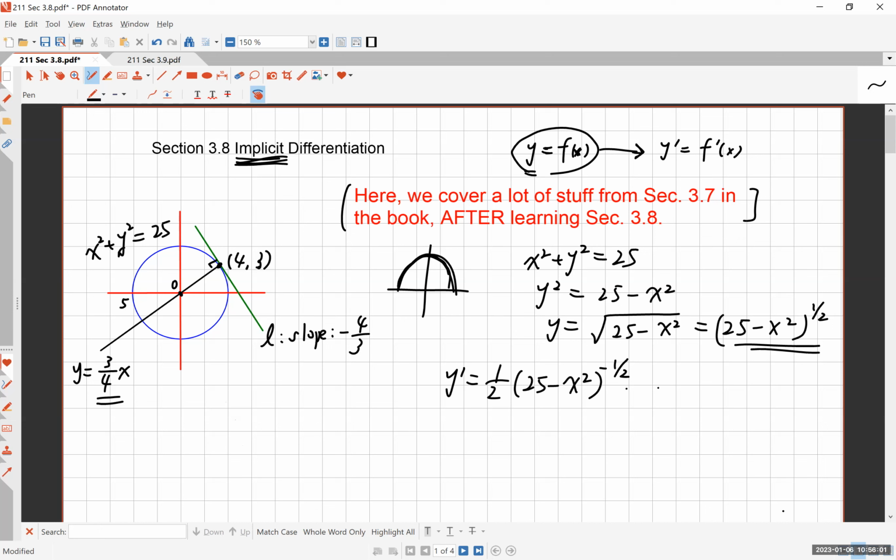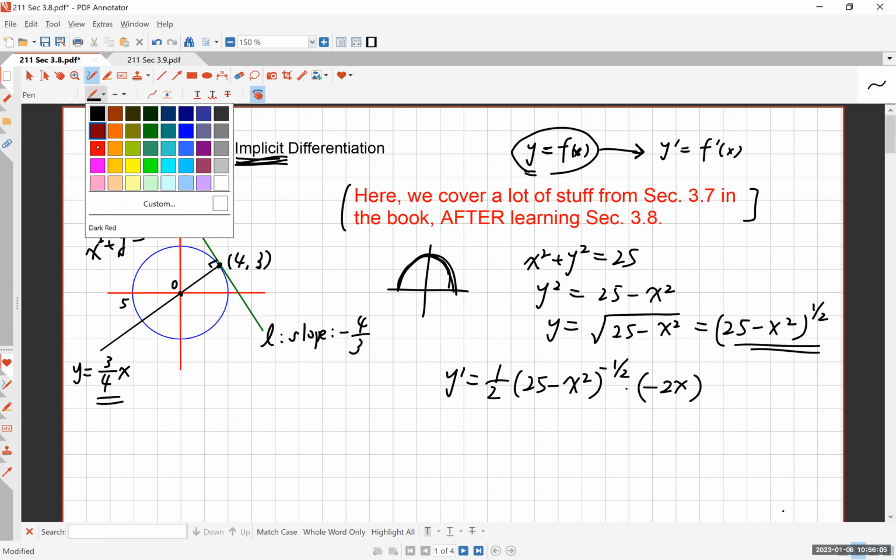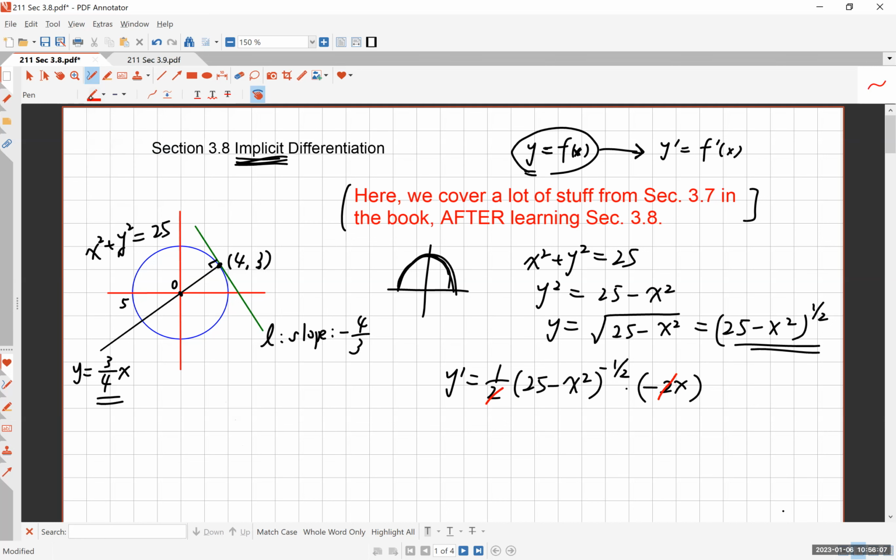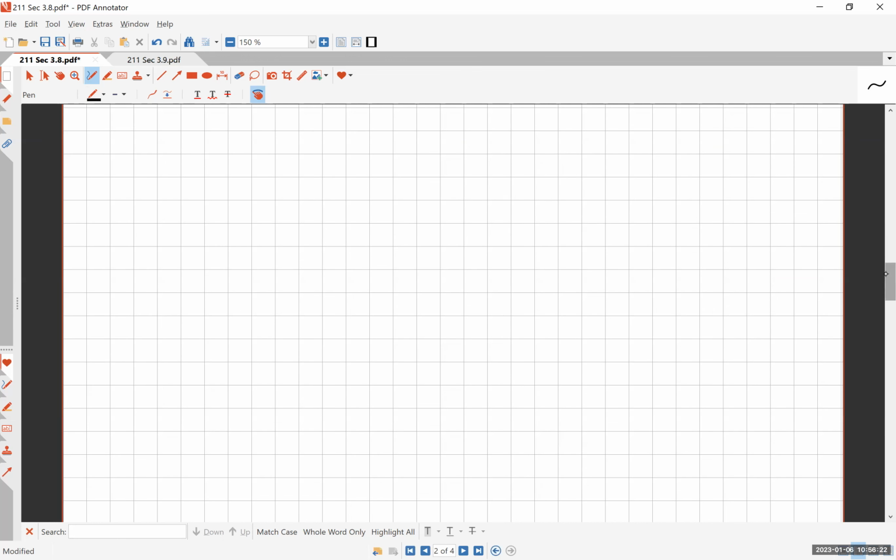Multiply this by the derivative of the inside function, which is negative 2x. And you can cancel the 2's. And so the answer to this question is negative x over the radical of 25 minus x squared. And that is the derivative